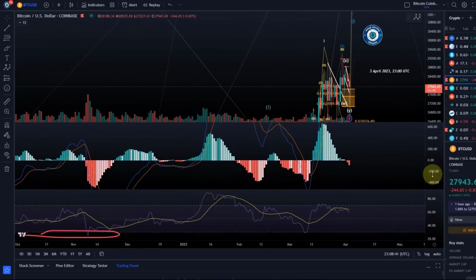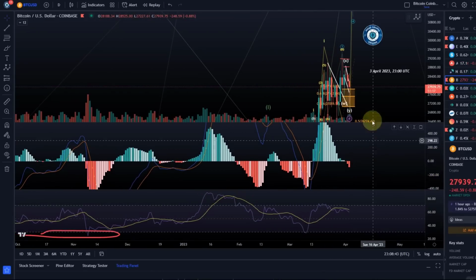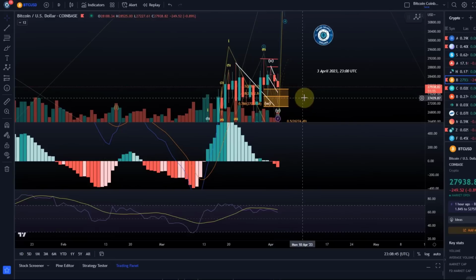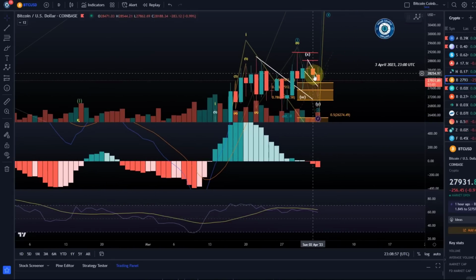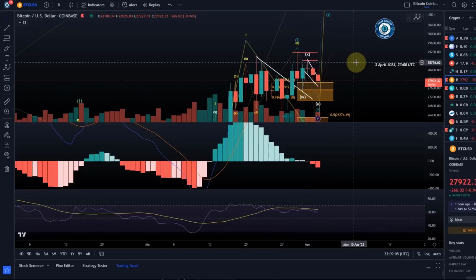On the daily, negative momentum is still increasing, but let's see how the daily MACD bar is looking in an hour. Depends on how the daily candle closes. I mean, still a red candle, but it's not necessarily gaining in momentum to the downside. So it's certainly something worth observing.